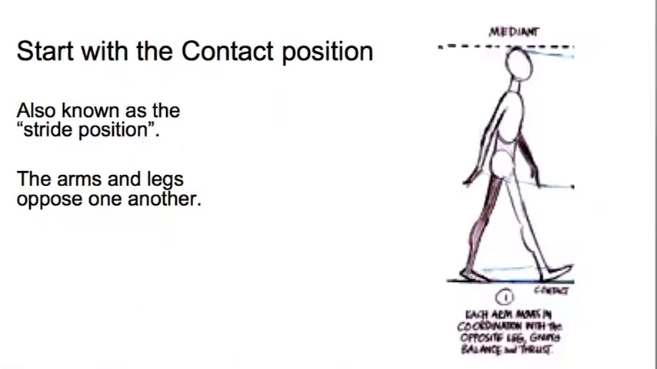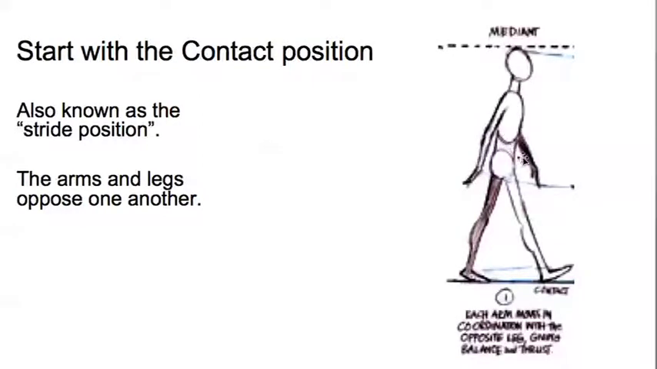This is again taken from the Animator's Survival Kit. You'll also sometimes hear people call this the stride position. The arms and legs will be opposed to one another. So if the right leg is forward here, then the left arm is forward. The left leg is back,